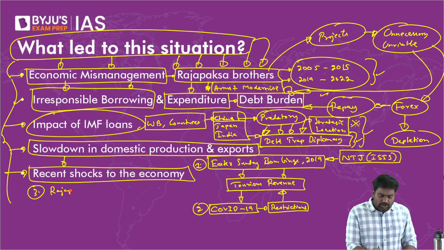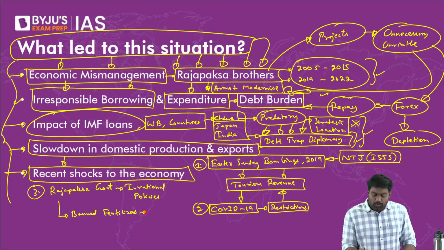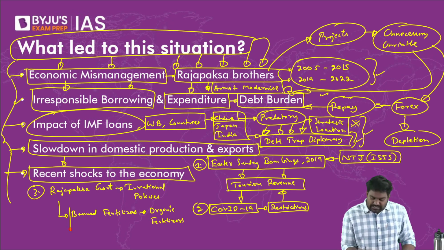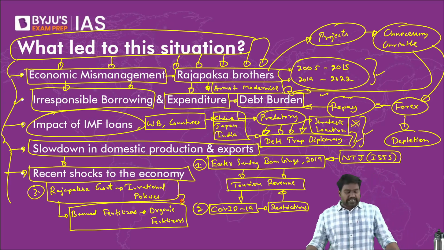All right. Along with that, the Rajapaksa brothers adopted many irrational policies which affected the Sri Lankan economy. For example, they banned import and usage of fertilizers. And overnight, they pushed the country's agriculture to switch to organic fertilizers. This was unscientific and irrational by the Rajapaksa government. They basically banned the import of chemical fertilizers because they could not import anymore. They were struggling with their finances.